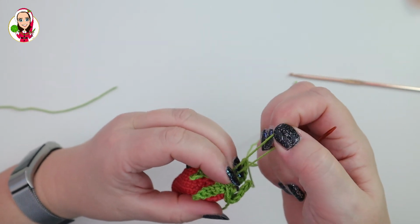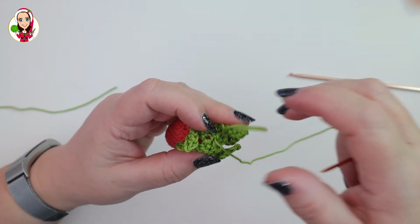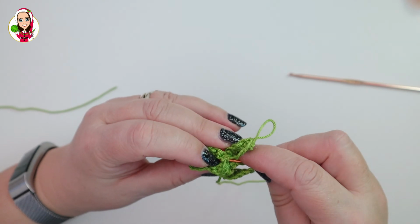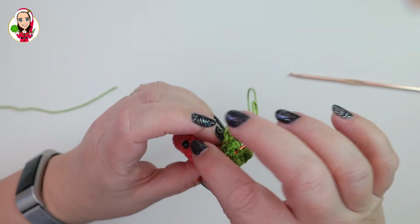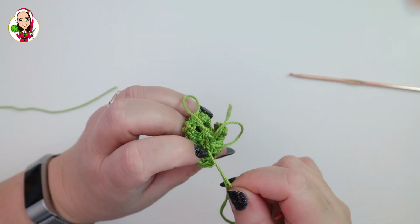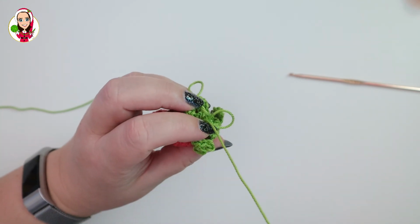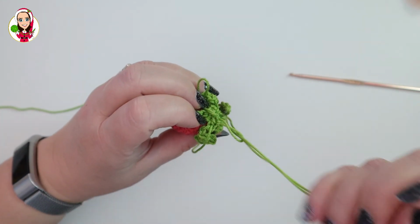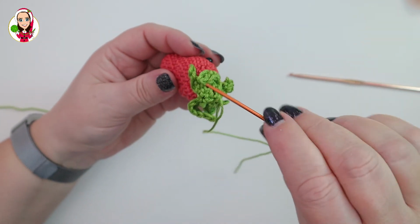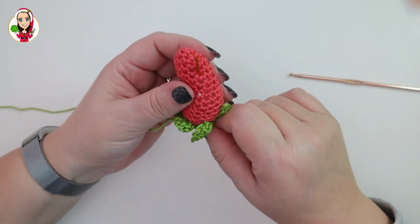And don't pull them too tight. If you hold your hanging bit and your tail, you should get a nice tight knot there. If you want to, you could go back through again and make another knot somewhere else. You're not really going to see all of these knots because they'll be hidden on the greenery anyway. So I'm going to go back through. Lovely, extra special knot. I'm going to go through the top of the carrot, through his body, come out the